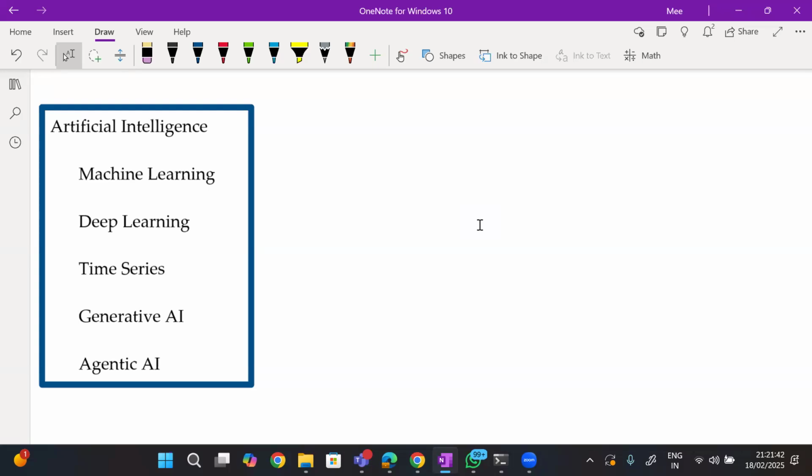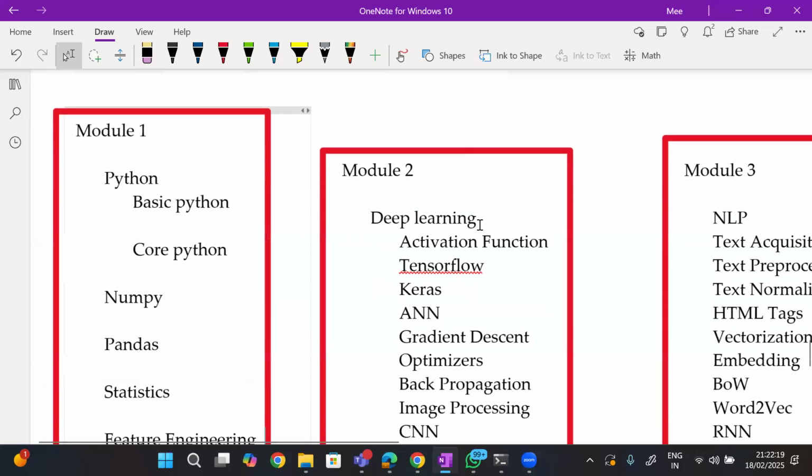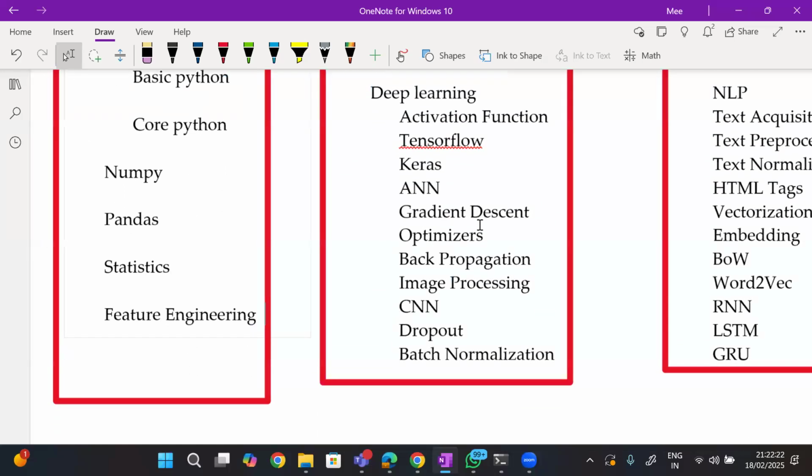We will not cover machine learning. We will not cover the entire Python here, but whatever Python is required for us to move into data science and artificial intelligence will be covered. Simultaneously, we will provide you 170 videos on Python, which you can go through at your own comfort and understand. If you still have doubts on any Python topics, let me know, and I will try to take an extra class over the weekend. All these things will definitely be covered within this time frame of 120 days.